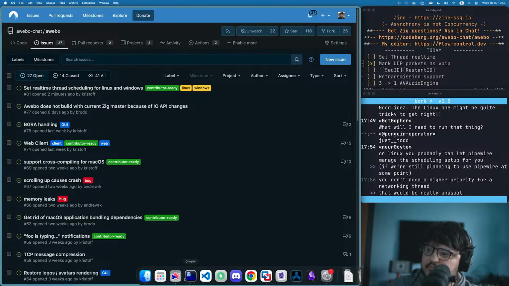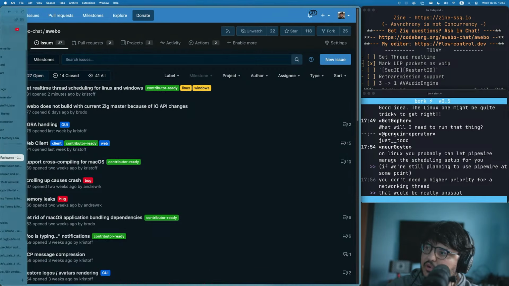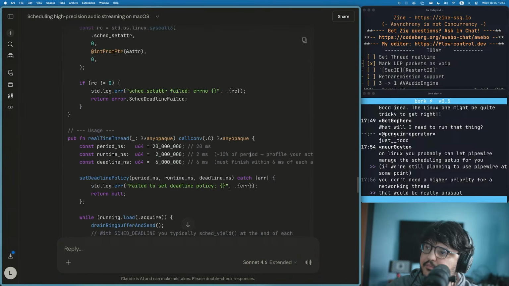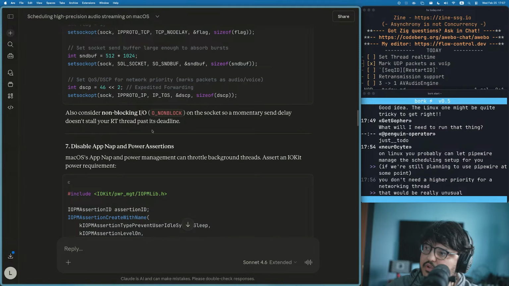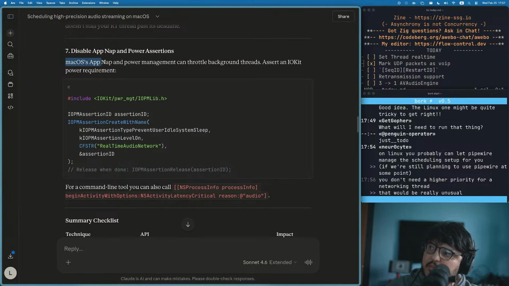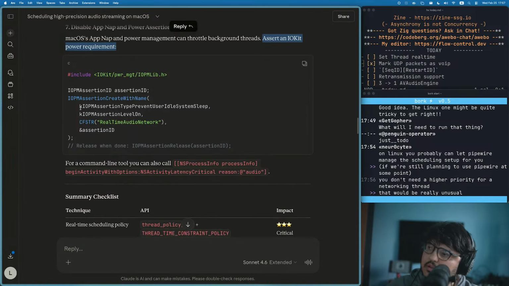Okay. I think we had more stuff on macOS to do that our good friend here suggested, which is this one. Disable App Nap and power assertions. macOS App Nap and power management can throttle background threads. Assert an IOKit power requirement. Release when done. For a command line tool, you can also call